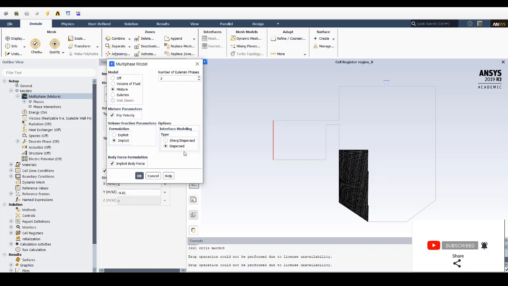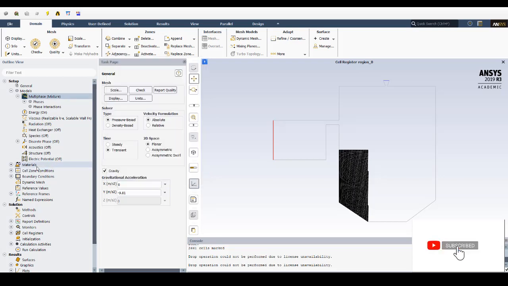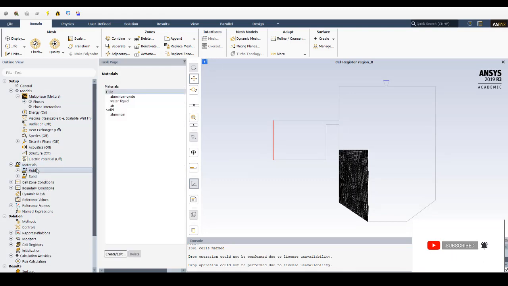So mine is a dispersed phase. Dispersed phase modeling means each phase can interpenetrate into the other phase. So for that to happen, this is the option we need to click, dispersed phase. Click on OK, and after that you need to go into materials, click on materials, click on fluids,